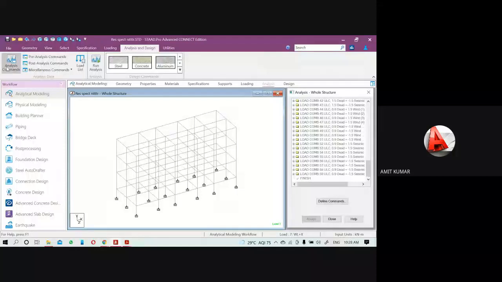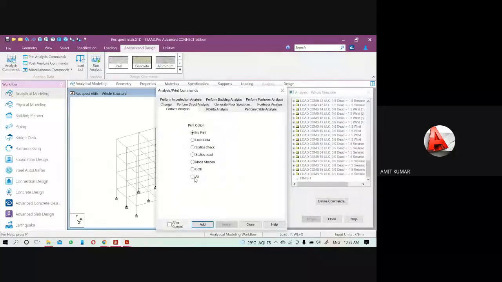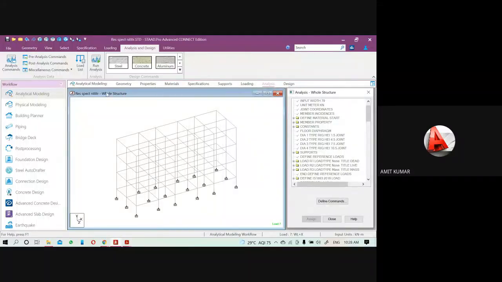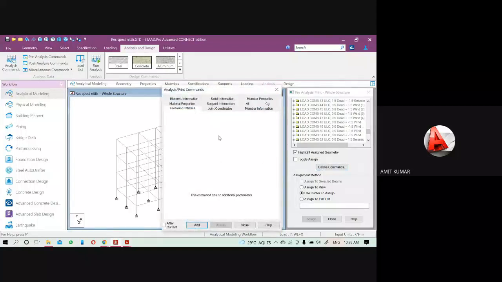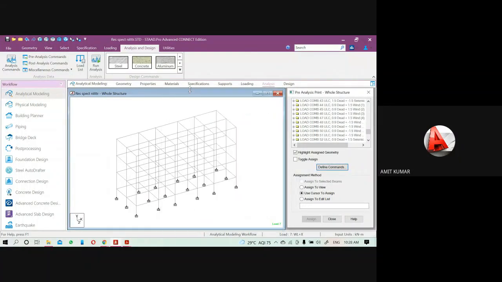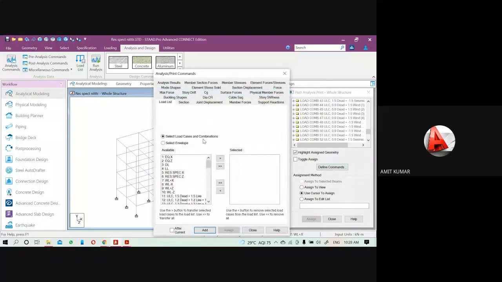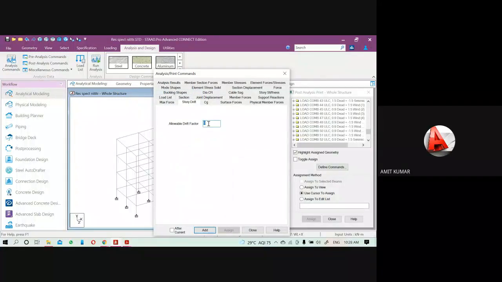So come to the analysis command, click on all, add, and close it. Then go to the pre-analysis command, define option. Yeah, come to the post analysis. Here you will get the story drift or the wind load to check it for the 0.25 and 0.0025.